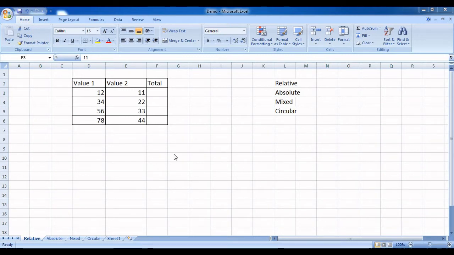Let's talk today about a concept called cell reference. We all know what cell address is. Cell address is the identity of an individual cell. It is a combination of column name and a row number. For example, if I place my cursor on any cell, now it is H7. H is a column name and 7 is a row number.